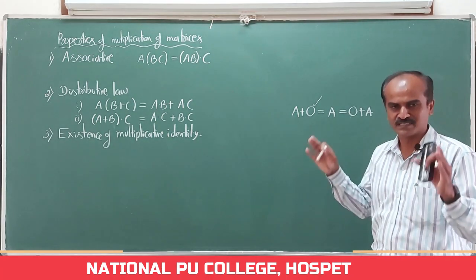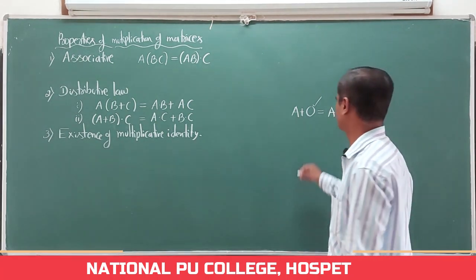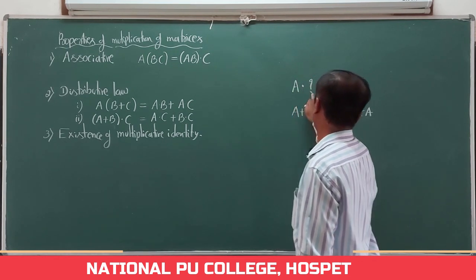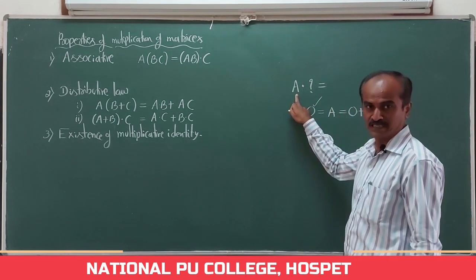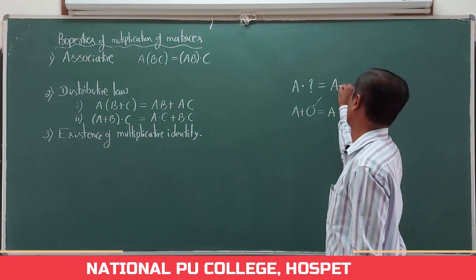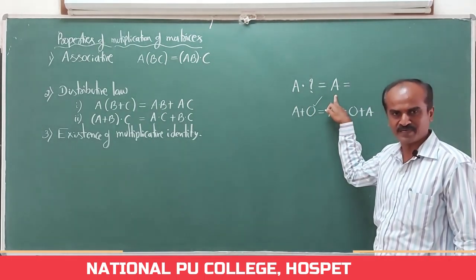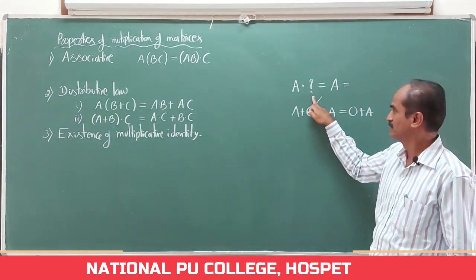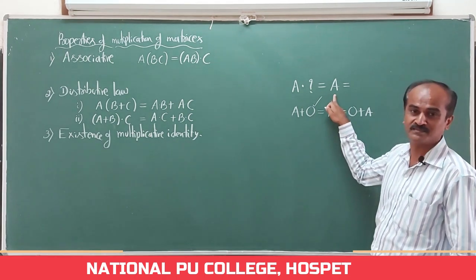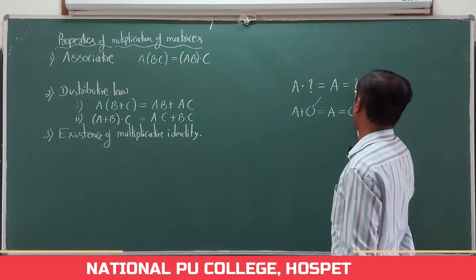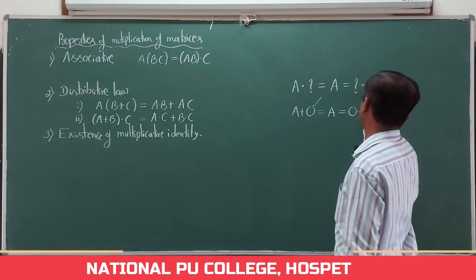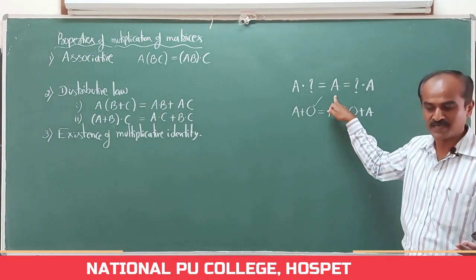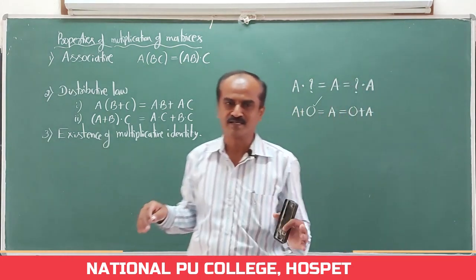Similarly here, with respect to matrix multiplication, which matrix multiplied to A, you are ending with the same matrix? Even though we multiply matrix A with this unknown matrix, you should end with the same matrix A. Not only this, even that unknown matrix into A should give us the same matrix A. What that matrix is?